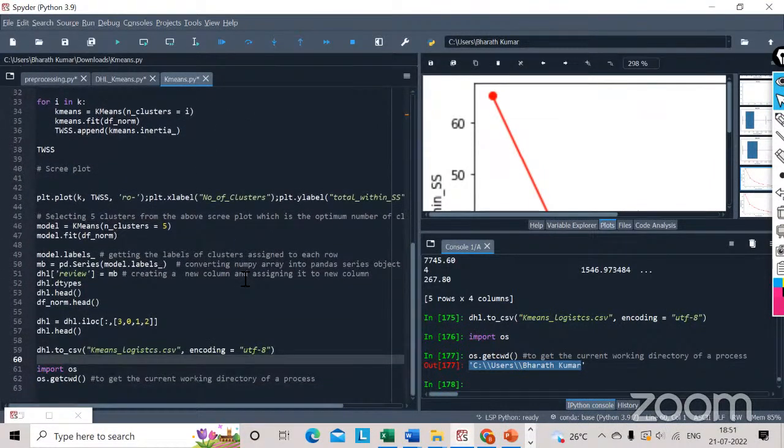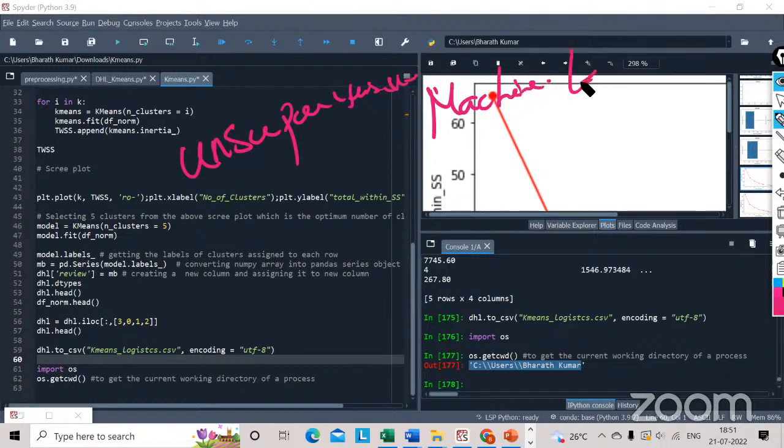Right, friends. That's about k-means clustering. It is an unsupervised machine learning technique. And k value is predetermined, and you need to